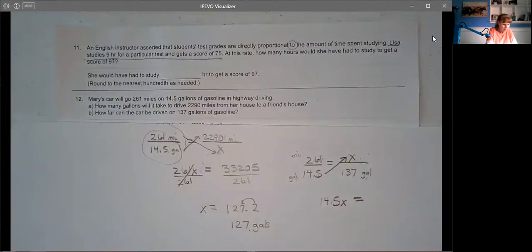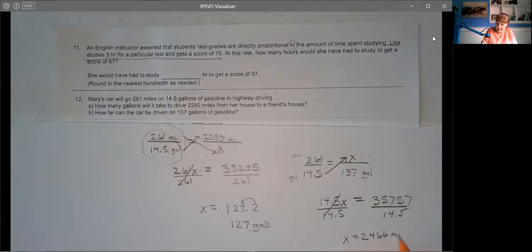And then we'll take 261 times 137. And you get 35,757. And to solve that, divide by 14.5. So your X is